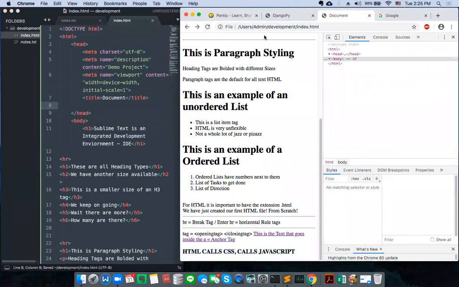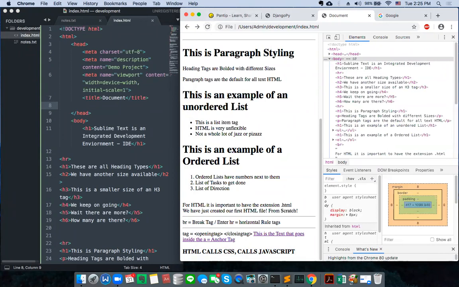Alright so far I've been hitting reload quite a bit and what I want to show you is how to organize the page when we look at